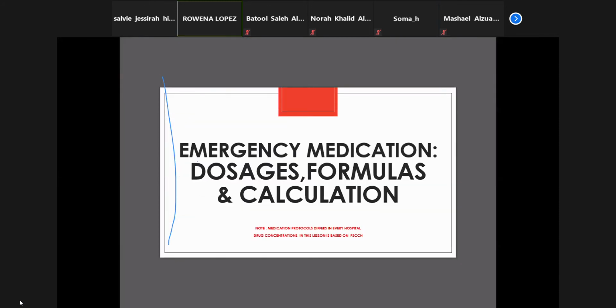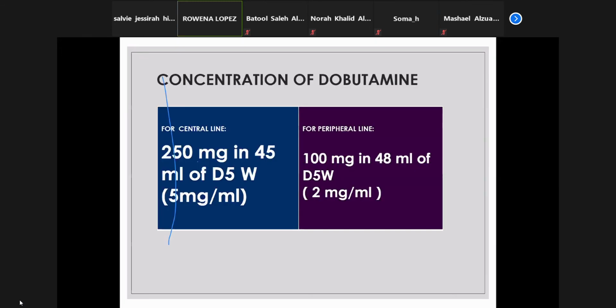We have here emergency medications, dosages, formulas, and calculation. According to your protocol, you have to follow the approved protocol of your hospital. What I am showing is based on the cardiac center, and it is also now being used in other centers like Omran and King Faisal, especially hospitals that don't have a protocol for vasopressors